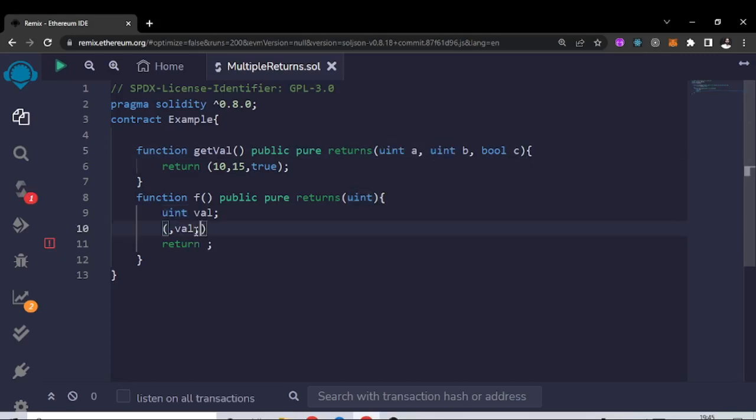And again, I want to skip the third value, that's why I'm using the comma symbol. Okay, and you just need to initialize this with the get val function. So basically, when the get val function is called, it's going to return three values, A, B, and C, but I only want to take the second value, that's why in the place of